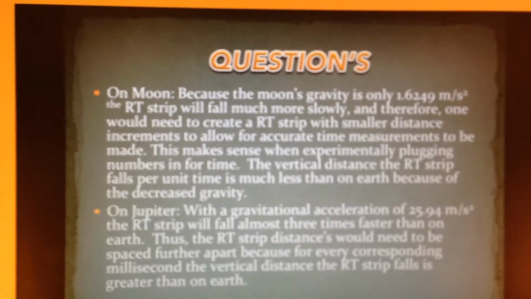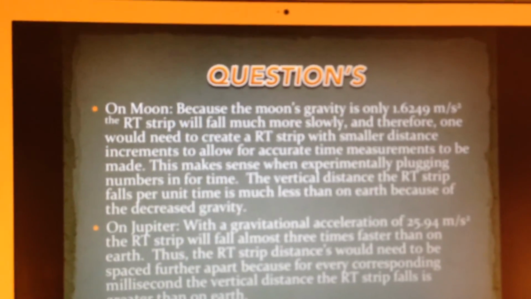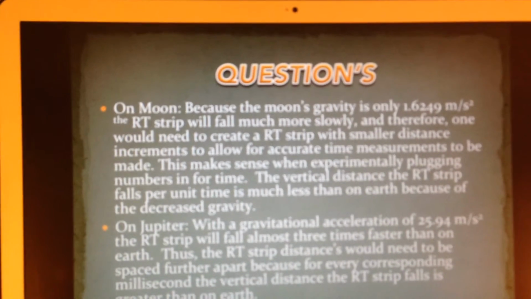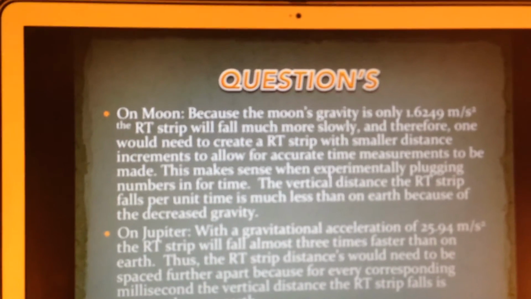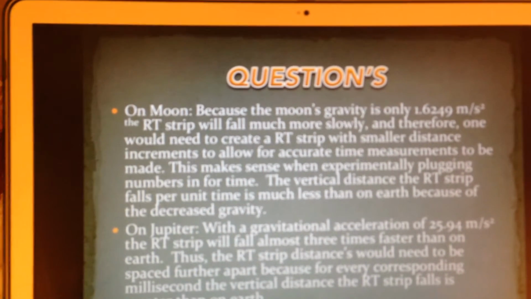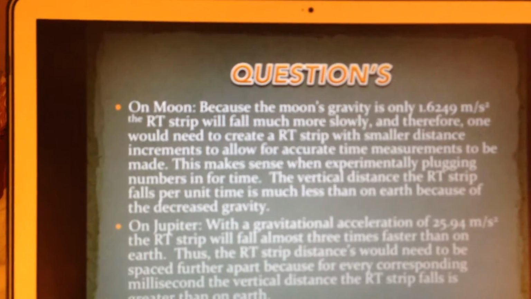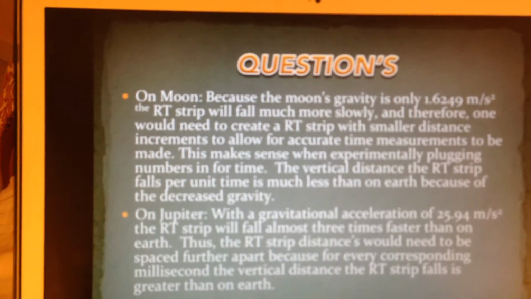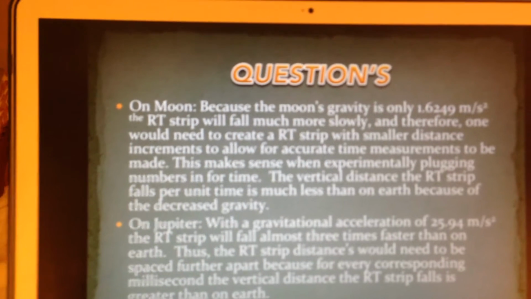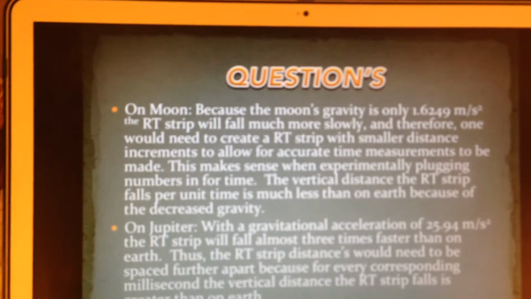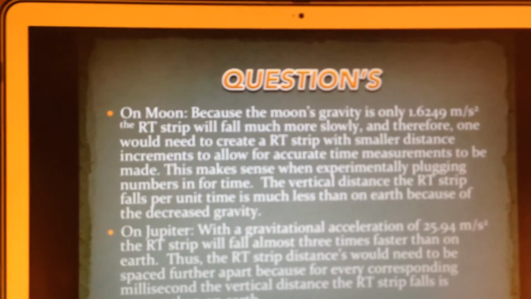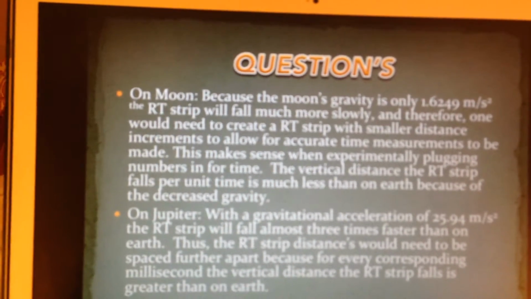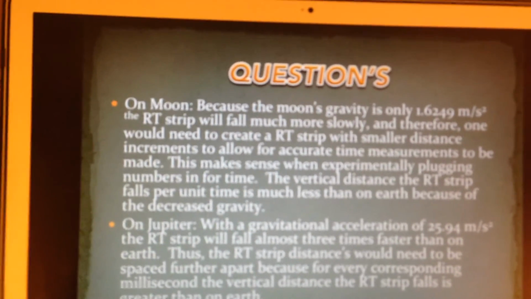Alright, on to the questions. On the Moon, the gravity is around 1.62 meters per second squared. This obviously is a lot lower than the gravity on Earth. Therefore, the RT strip will fall much more slowly. We would need to create an RT strip with smaller distance increments to allow for accurate time measurements to be made. And if you plug numbers into the kinematic equation that we've already talked about, you'll see that this makes sense. The vertical distance for the RT strip per unit time is much less than on Earth